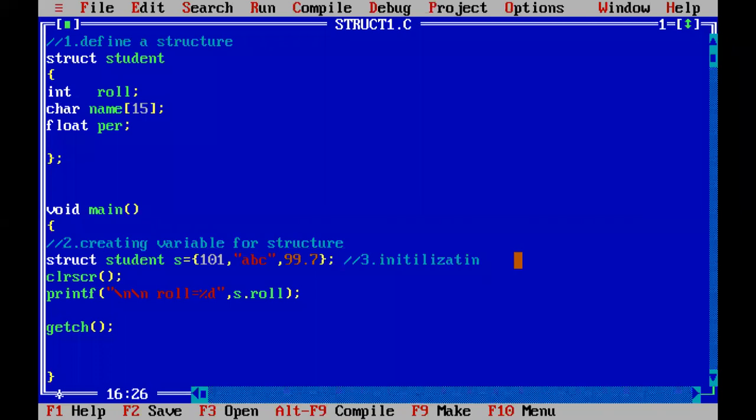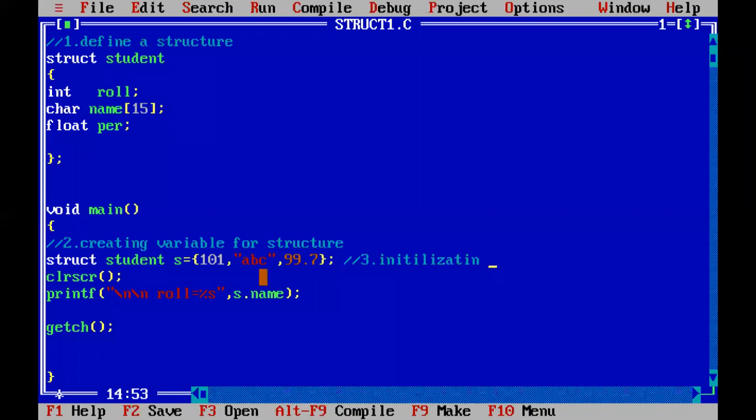Next, I want to access the name. Then instead of roll number, what should I write? Name. You should use percentile S to access the name. S1 dot name. The name is character type, so instead of percentile D you write percentile S. String is nothing but a group of characters.